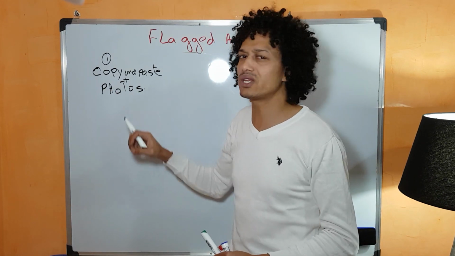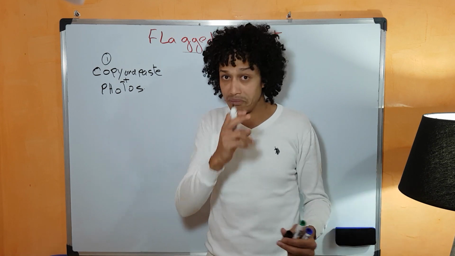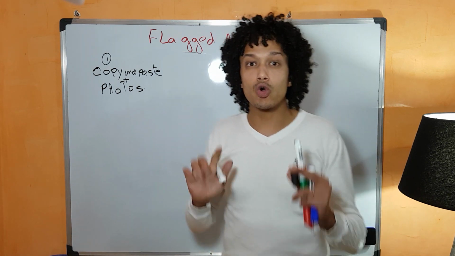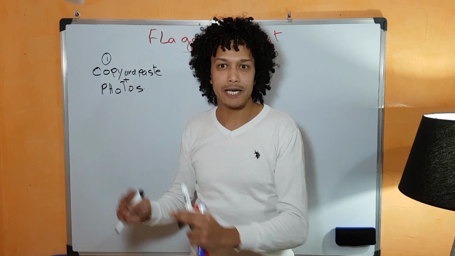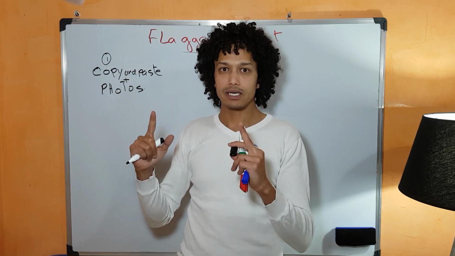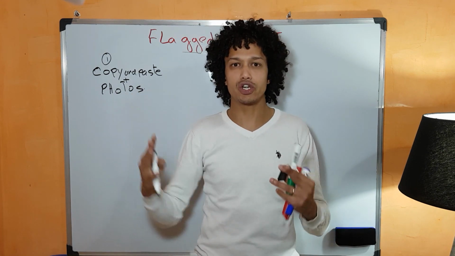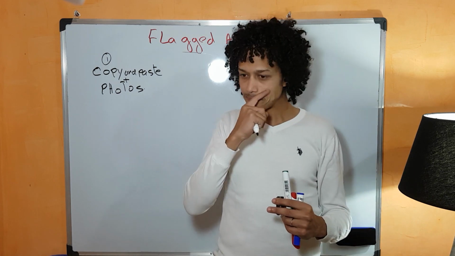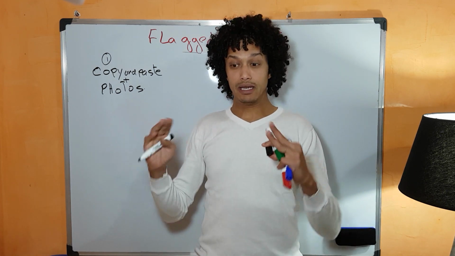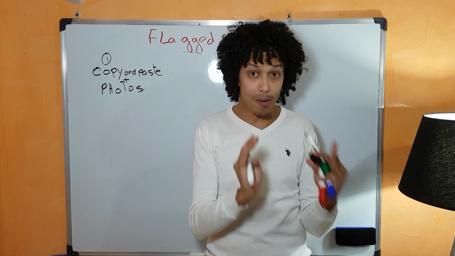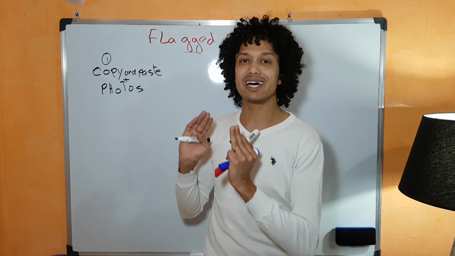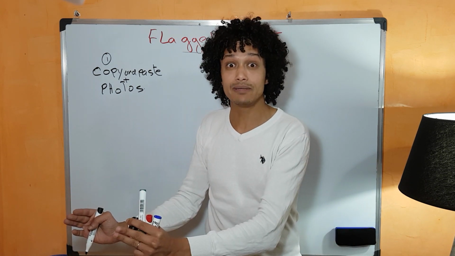Copy and paste, what do I mean by that? Let me explain. When you go to Amazon and copy the bullet points next to the picture, you can see the photo, and then you copy the description from Amazon and paste it directly into the description in eBay,